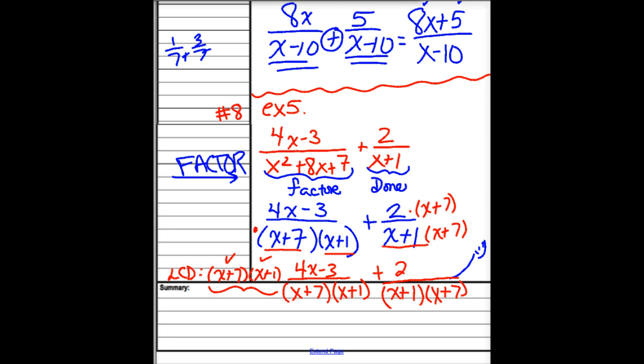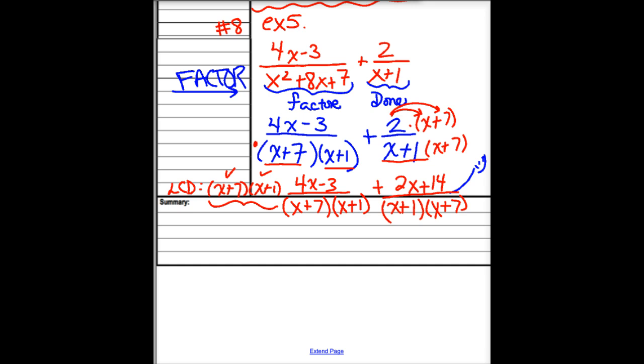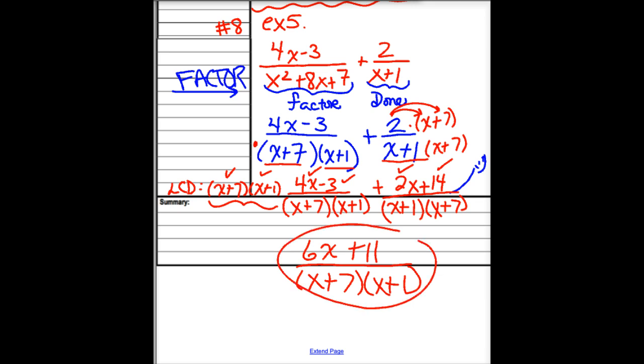All right, so what do I have on the top here? I need to multiply this by x plus 7. So I'm going to have a 2x when I distribute it, with the distributive property, right? Then all I need to do is keep the bottom and add up the tops. I'm almost done. I have 4x and 2x giving me 6x. I have negative 3 plus 14 giving me an 11. And I'm done. Have a good one. Your next worksheet is number 12, and it is